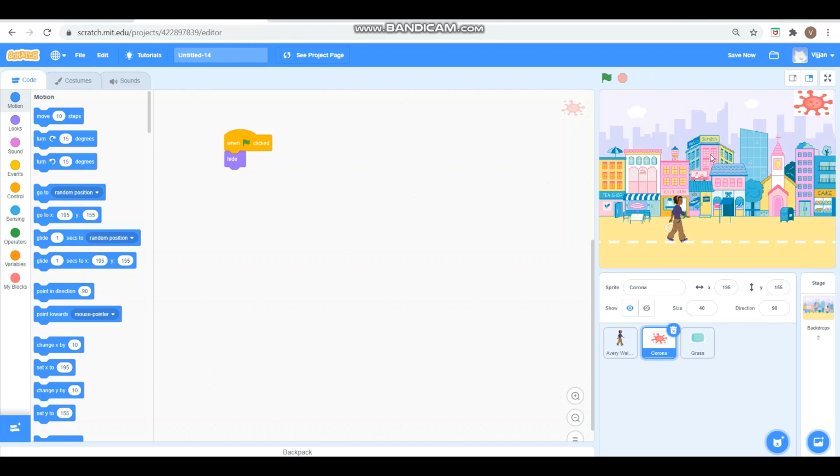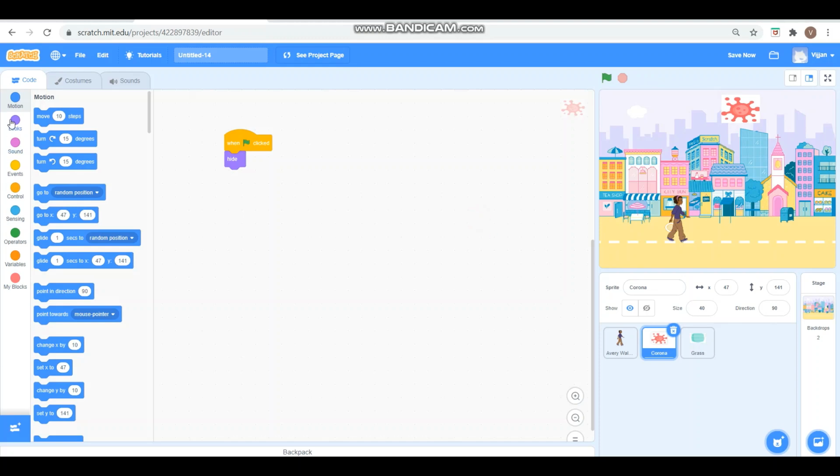Because this program doesn't know, like when you go to a play area, what you will say? You will tell your friend, come, let's go to the ball pit, or come, let's go to the slide. But we cannot tell the sprite to fall from the top of this umbrella or fall from top of this hello scratch. The program doesn't know that. The only thing the program knows is the x and the y axis. So we will use the x and y axis to make the sprite fall from different positions.